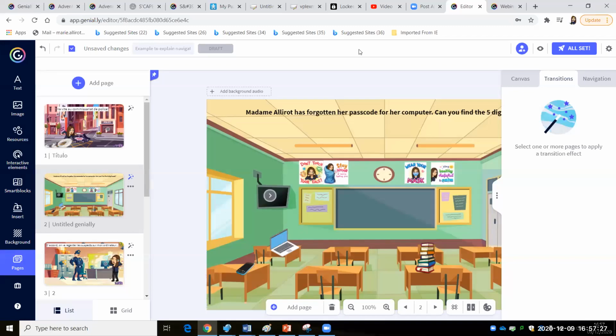Brilliant. So I've got some more questions coming in, which is lovely. Well, I think this has been answered, but one of the questions was, what's the difference between the paid version of Genially and the free version? You made one comment about the audio, that you can only record audio in the free version, but you can upload it in the paid version. Is that right? Are there any other major differences? Because I think all the examples you've shown us are using the free version. Is that right? All the examples I've shown can be done on the free version, yes.